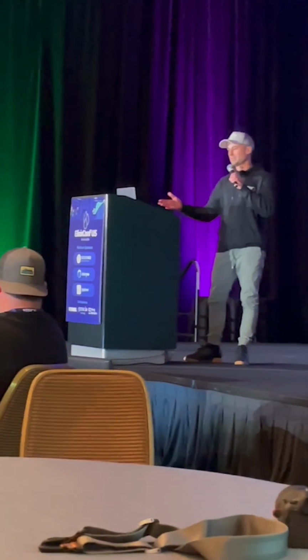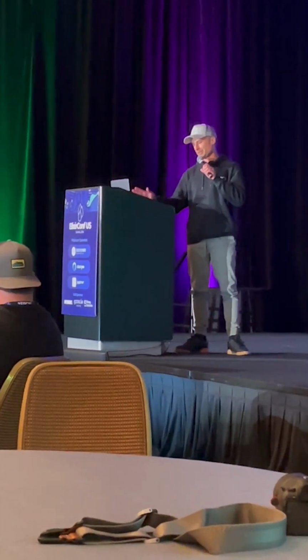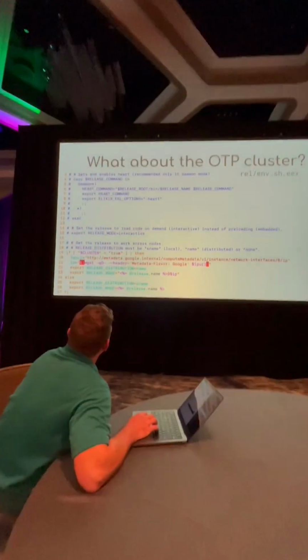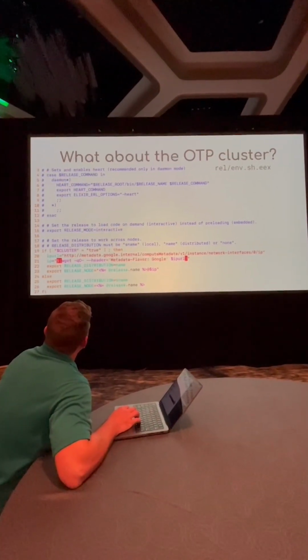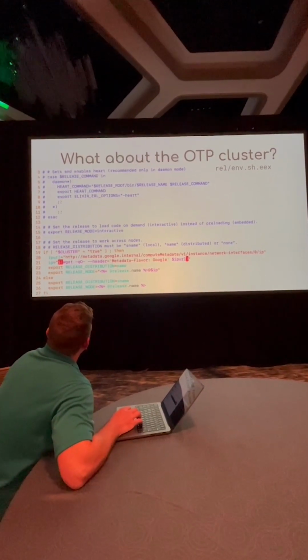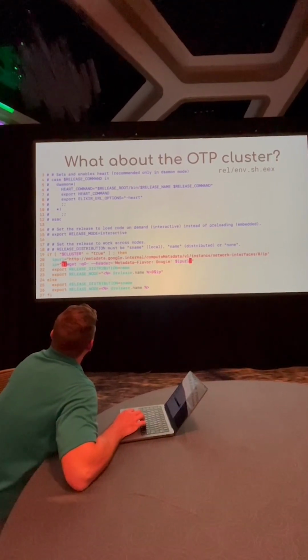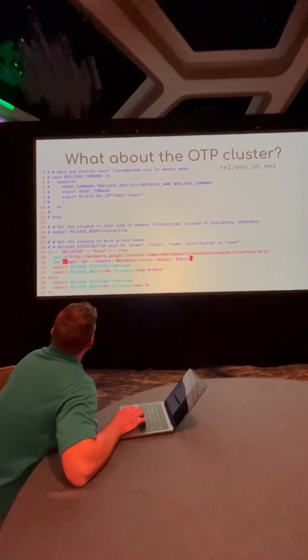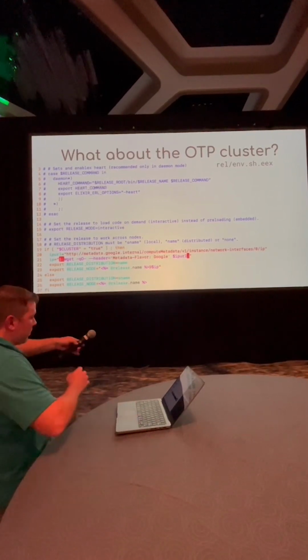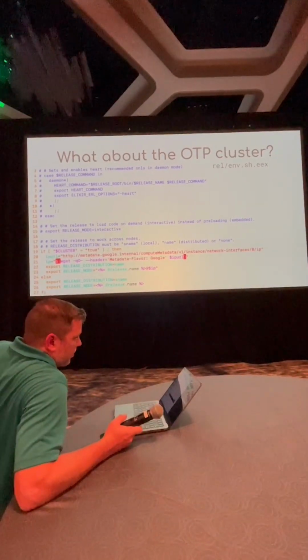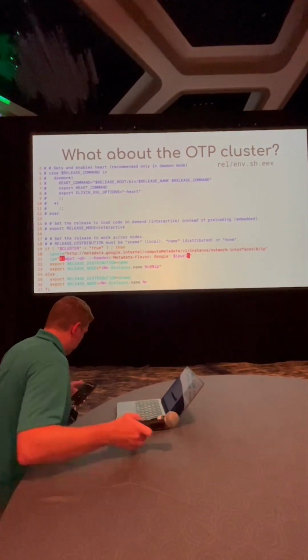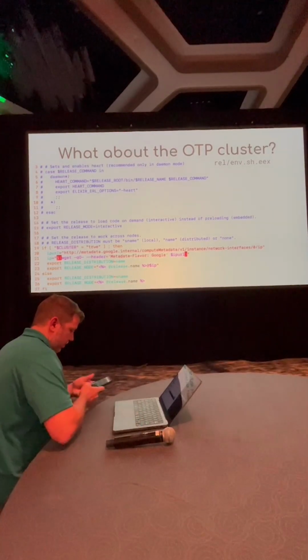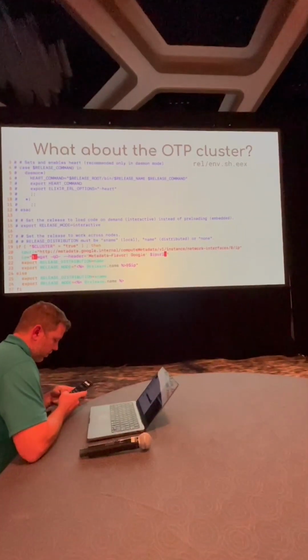Now, what about the OTP cluster? Didn't touch on that, but we didn't forget about it. So there is a template file in the release overlays where you can set the variables needed to tell OTP that you want to run in a cluster. And so taking advantage of the Google Cloud Metadata API, which is basically a private API available to any VM running in the Google Cloud Network, you can just make a request there, pull the private IP address of that virtual machine, and then use that to build the node name that you're going to use